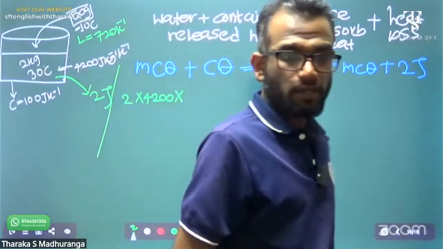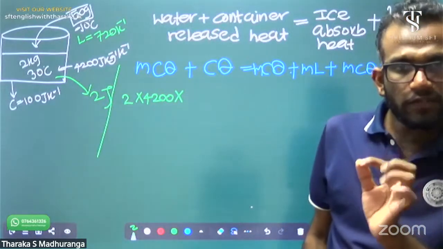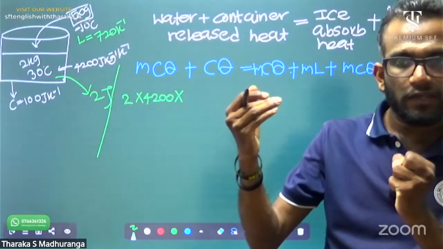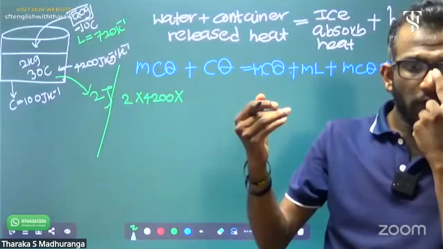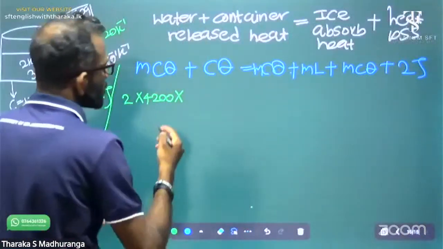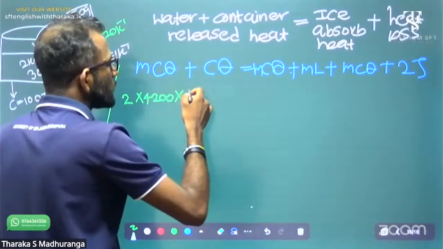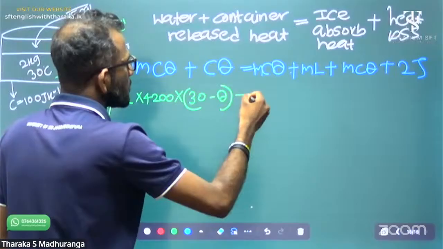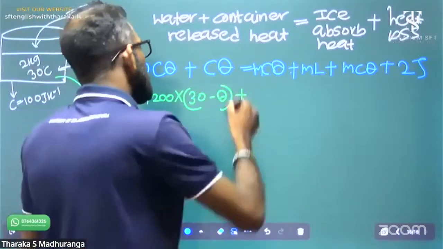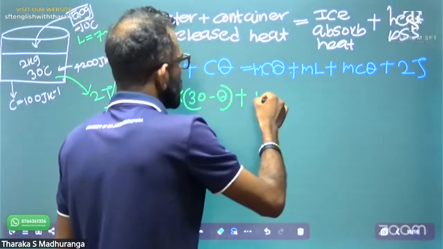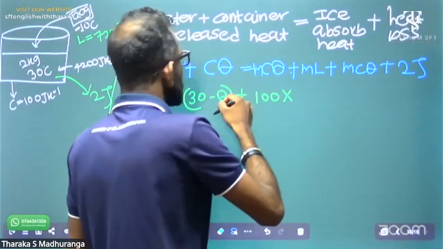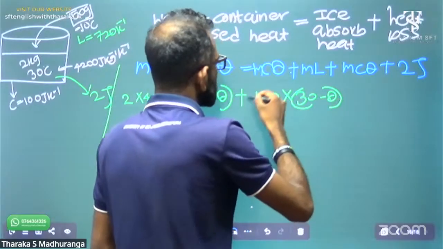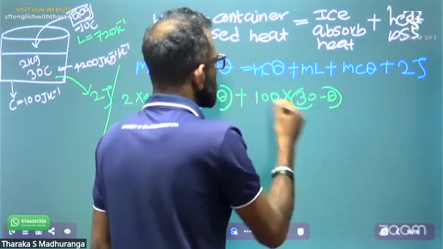Water temperature difference. Now the water comes from 30 Celsius to theta Celsius. Then what happened? The temperature difference is the final greater value minus the lower value, 30 minus theta. So 30 minus theta plus heat capacity 100, times the temperature difference 30 minus theta, equals